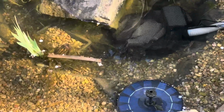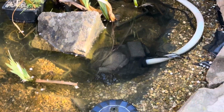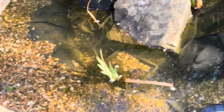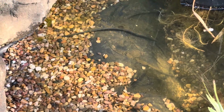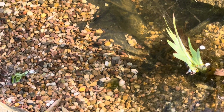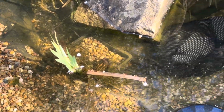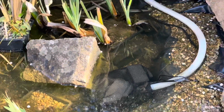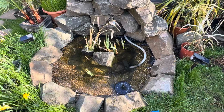So we're back at the very next stage. You can see the water is looking a lot clearer now. You can see all the way through. The stones look clean. All the bit on the side there, I just need to give that a scrub. I've got a little brush, I need to scrub that. That's off the actual liner itself. So for the sake of just a little net with some magic sponges in, I think we'll all agree that